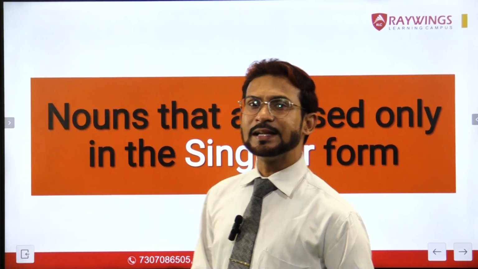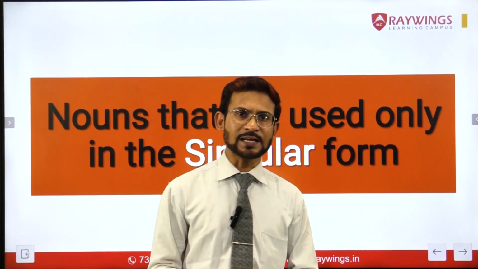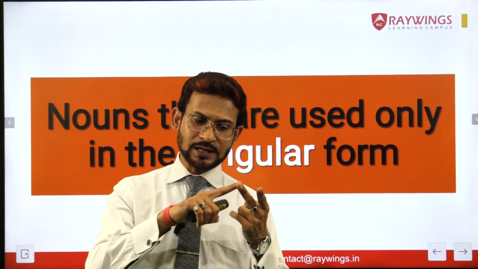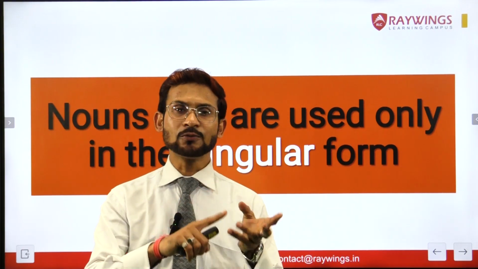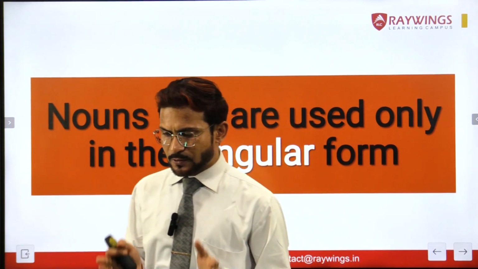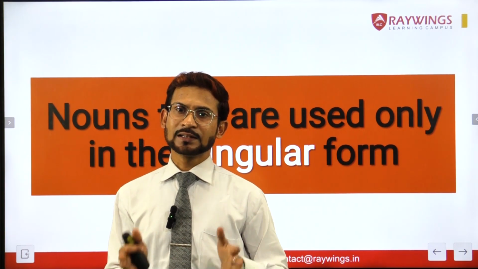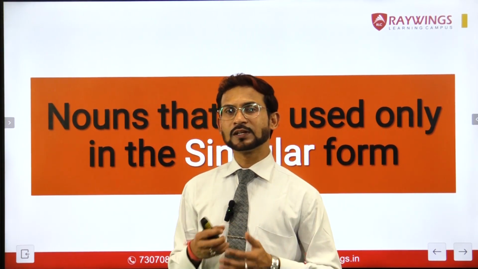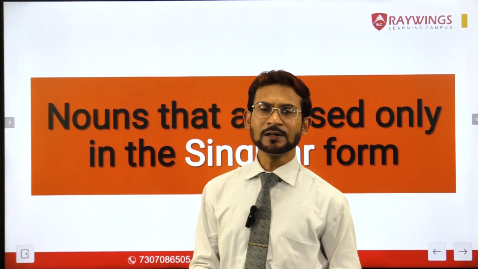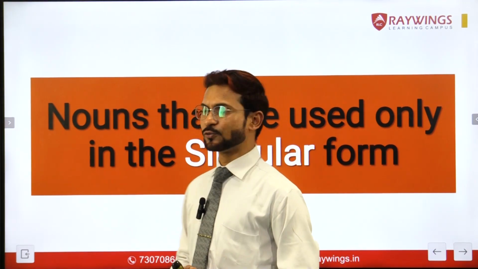Now we all know that nouns are the naming words in English. And a small recap of the different kinds of nouns: proper nouns, common nouns, collective nouns, material nouns, and abstract nouns. Now, are we aware of the concept that there are a few nouns which are always used in the singular form? There are nouns which are always used in the plural form, as well as nouns which can be used as singular as well as plural in English. So let us talk about such nouns today.